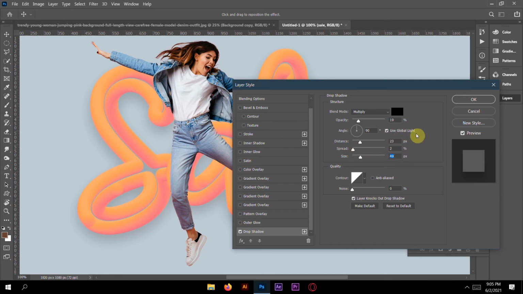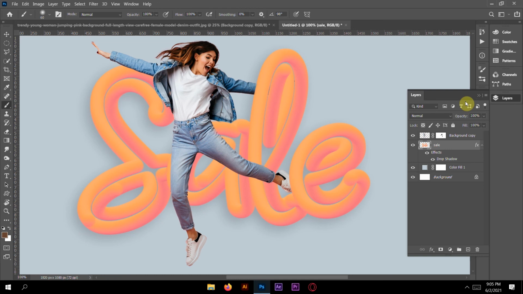I think everything is okay. If you want to change the angle, you can also change the angle here. I think it's okay now. Now this thing is good.